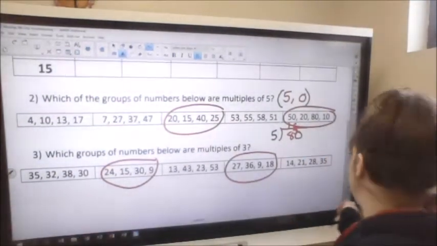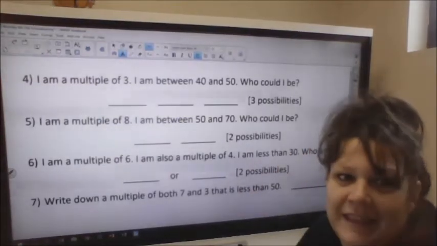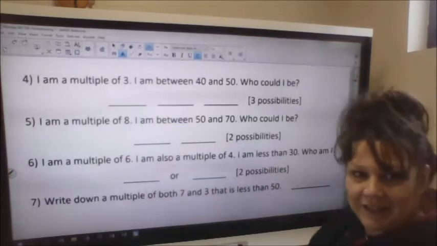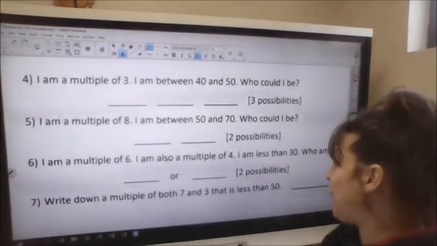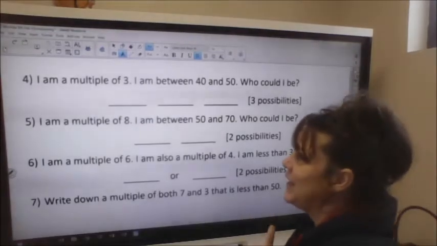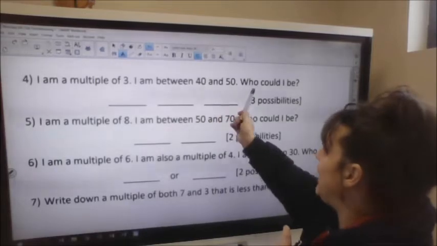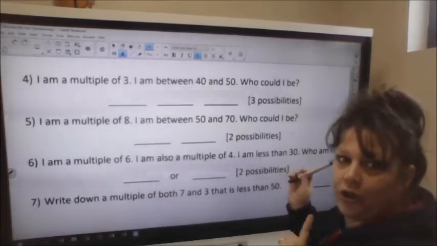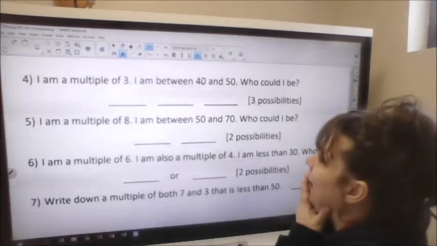Let's have a look at our next task then. So this is getting us to think a little bit more clearly about multiples. So we've got a few problems here. So it says, I'm a multiple of 3. I'm between 40 and 50. What could I be? 3 possibilities. Well,